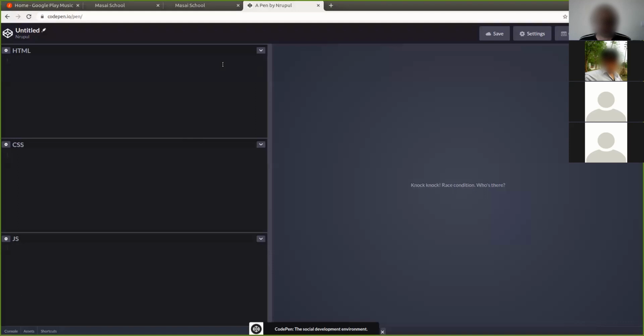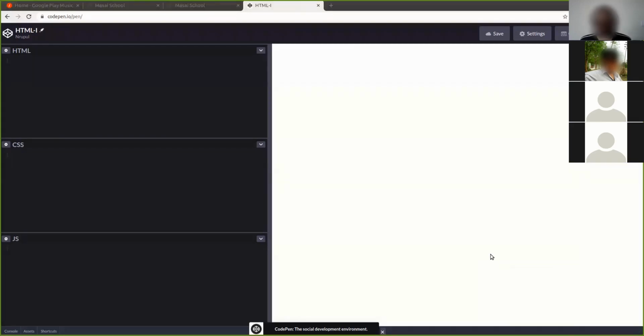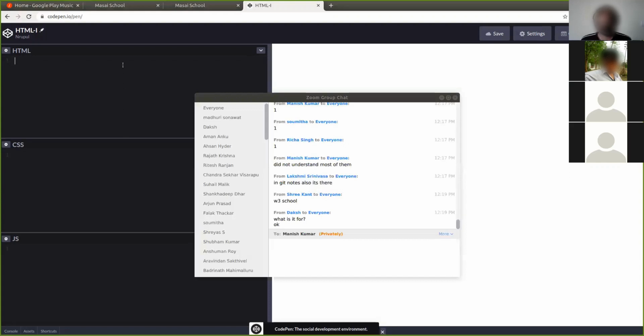Okay. So how does a browser understand it is an HTML file? You start with a tag. Remember the starting tag and end tag. For the browser to understand it's an HTML document, you have to specify the first tag called html. It means it's HTML. This is the syntax in which you write HTML. The tags have a special syntax.